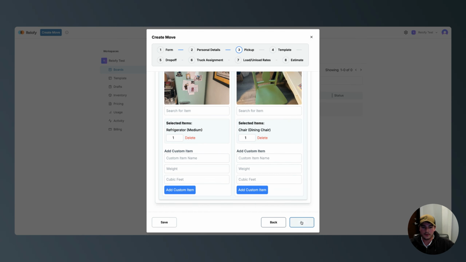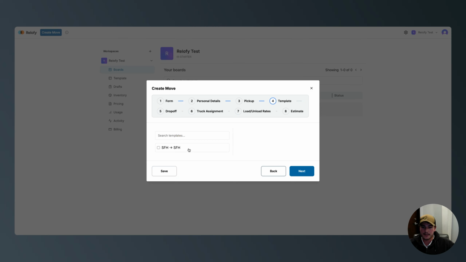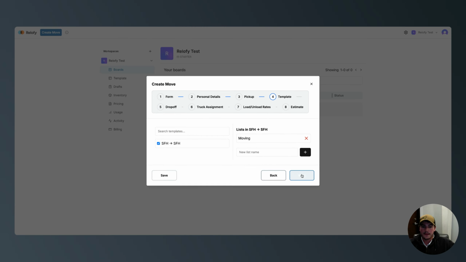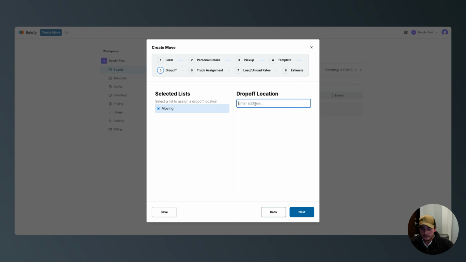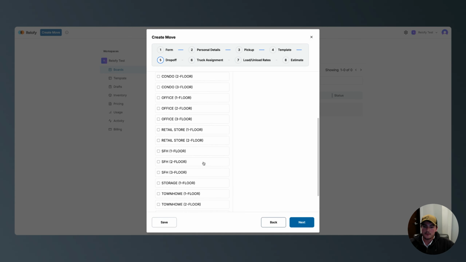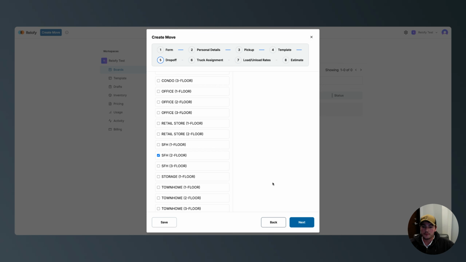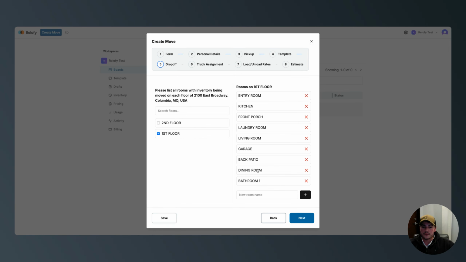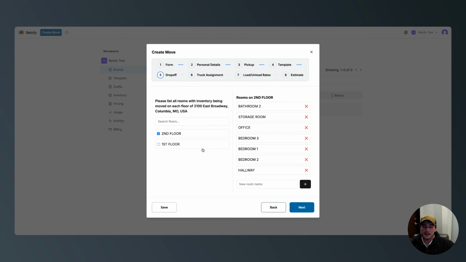Now that we've uploaded all of the inventory, we will click next and select single family home to single family home move. And here we will type in the drop-off address. And we will specify what the property type is of this address. We'll say that this is a single family home 2-floor, meaning that there is a set of stairs either into a basement or upstairs. So here it'll auto-populate the rooms that you'd find on each respective floor in this 2-level